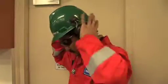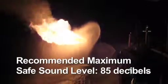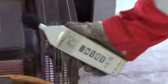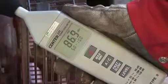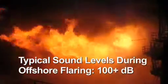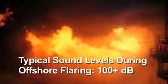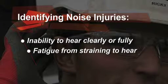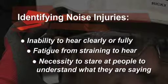85 decibels, or the level of sound inside a car in city traffic, is considered to be the maximum safe level of exposure for an 8-hour shift. With the use of approved sound measuring devices, RigCool have found that sound levels during offshore flaring can typically exceed 100 decibels, so protection is recommended to avoid injuries. The symptoms of noise injuries include the inability to hear clearly or fully, fatigue at the end of the day from straining to hear, and the necessity to stare at people when they are talking to fully understand what they